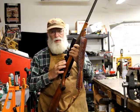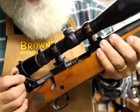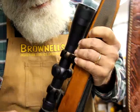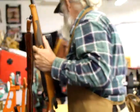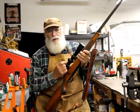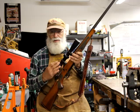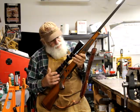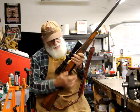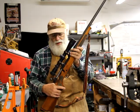It doesn't have the big claw extractor, but it does have, let's see if you can see it, the extractor on the bolt, and it's not exactly a Sako type extractor, but it's similar, and it's inside there on the bolt. You know how some of them claw extractors, if you don't run it through the magazine so it can slide up underneath the edge of the rim, this one will close. You can just throw it on top of the magazine and it'll close with that extractor. Anyway, it was a 22-250, and I bought it